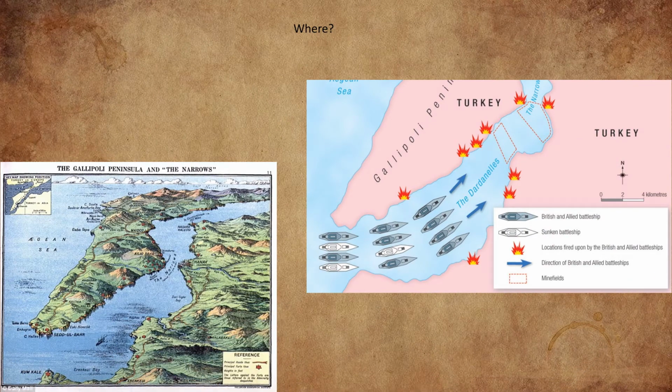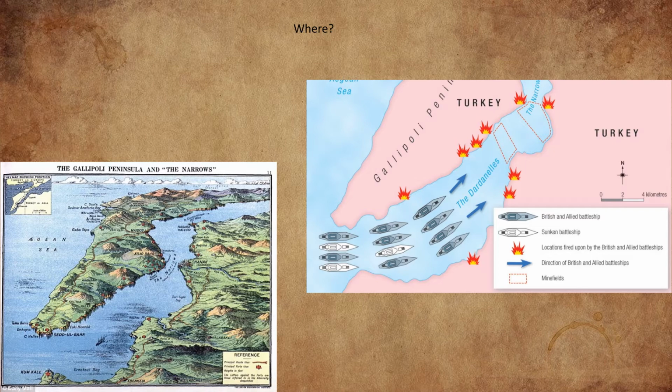The map on the left gives a better visual representation of the uphill battle that I keep referring to, but it is important because it is one of the biggest reasons why the Allied forces do end up losing this battle and having to retreat. So you see all the hills and mountains and plateaus, which would be where the forts are, that the Allied forces were trying to take over through the entirety of the campaign.